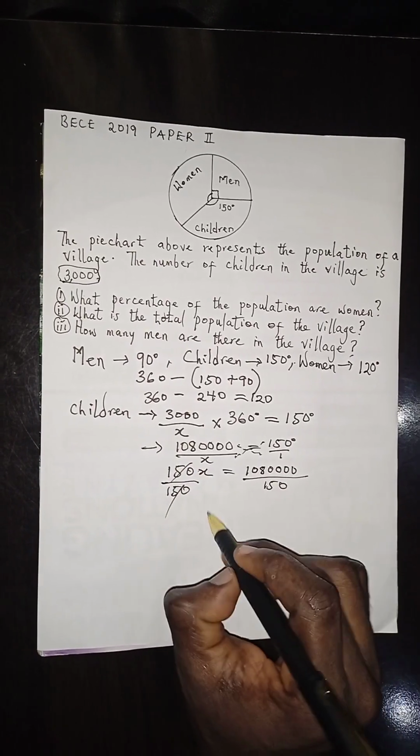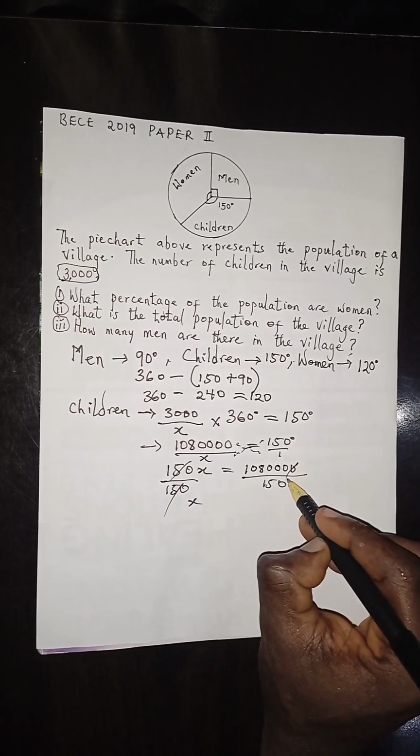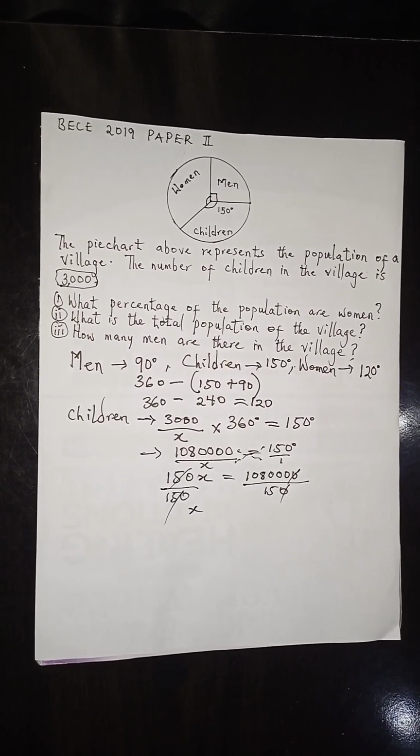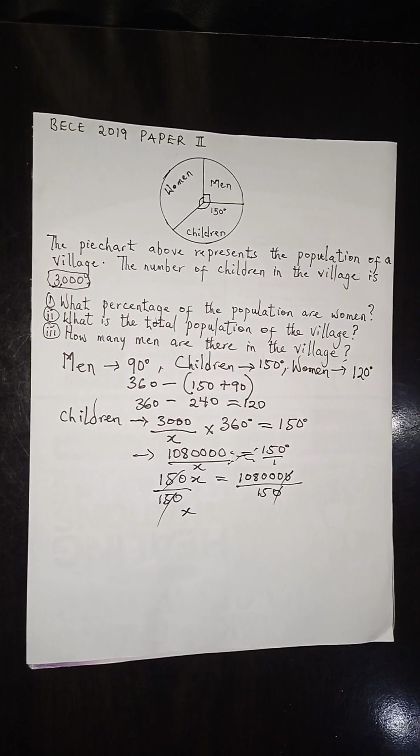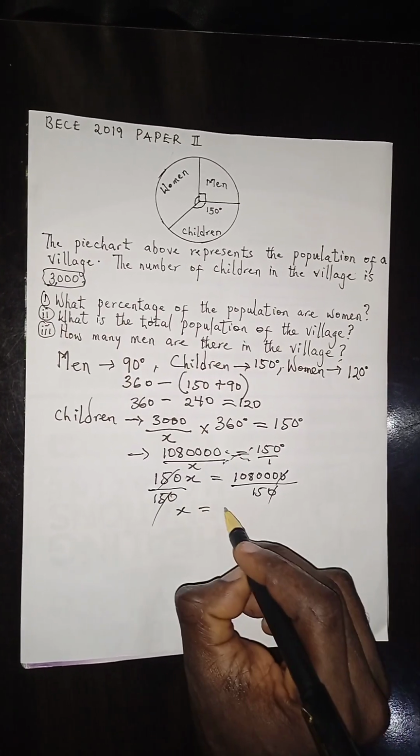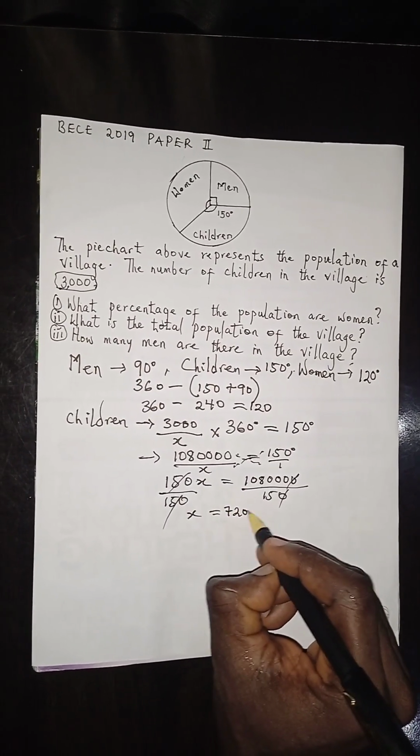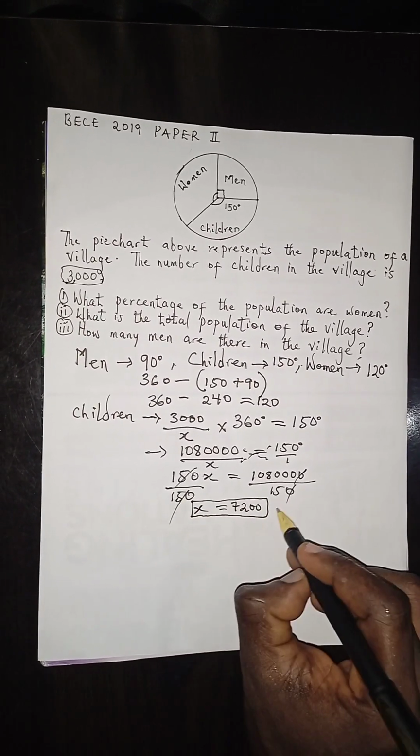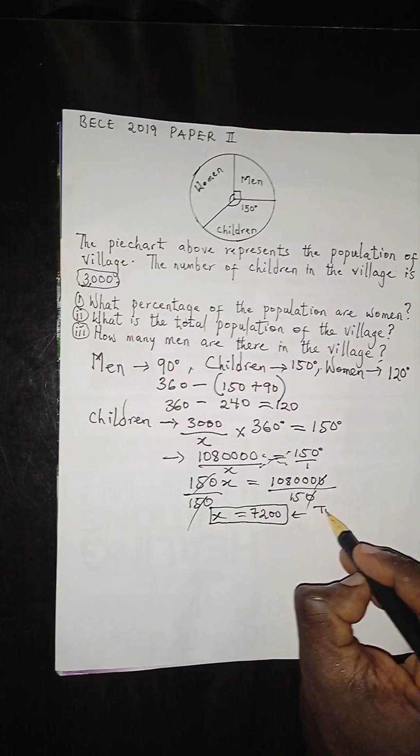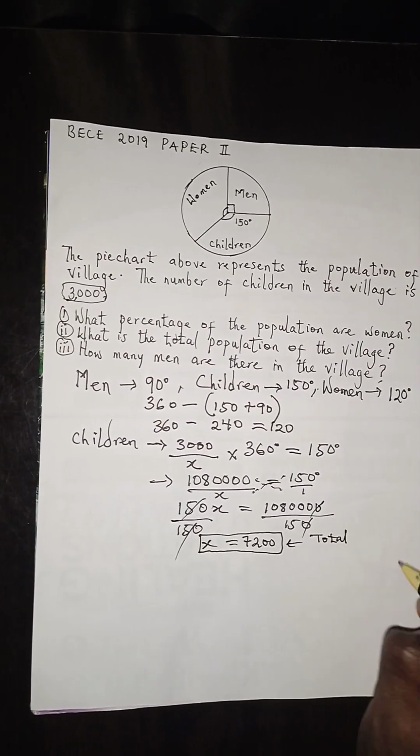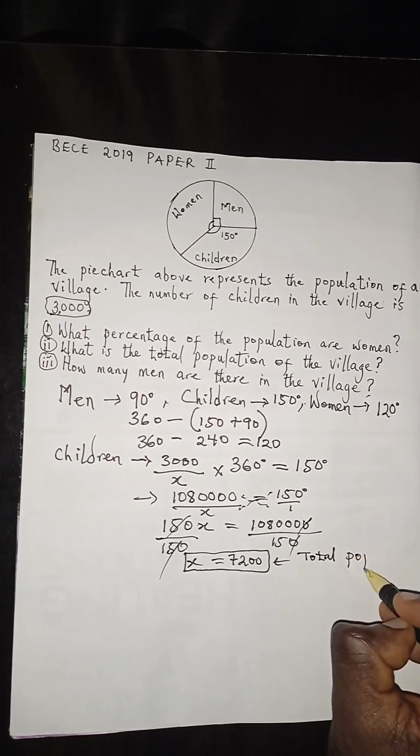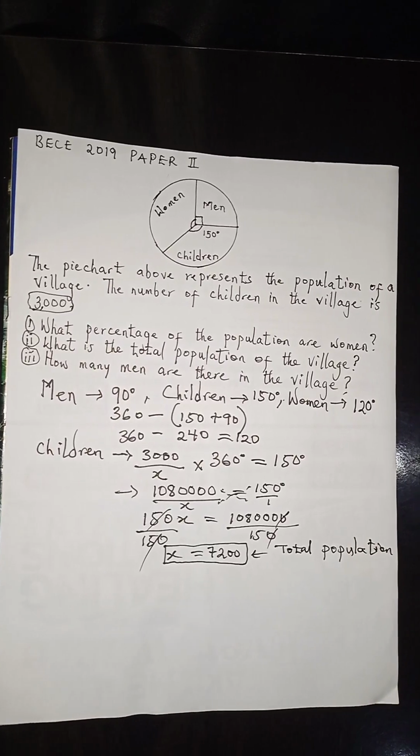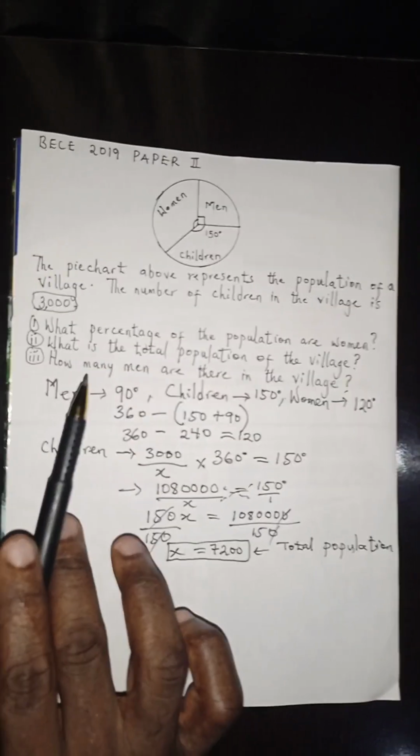When I divide through by 150, now I can simply take off these zeros. Then I have 108,000 divided by 15, and that gives me 7,200. So this is the total population of the village. But now we're looking for